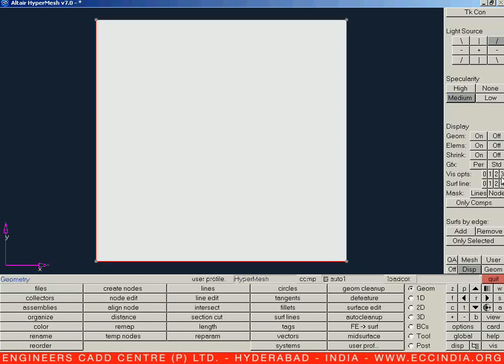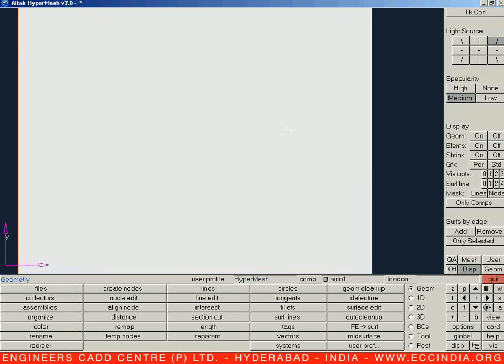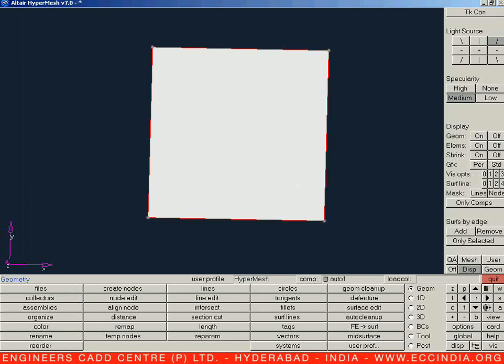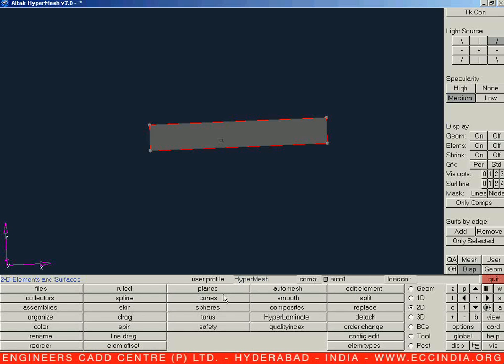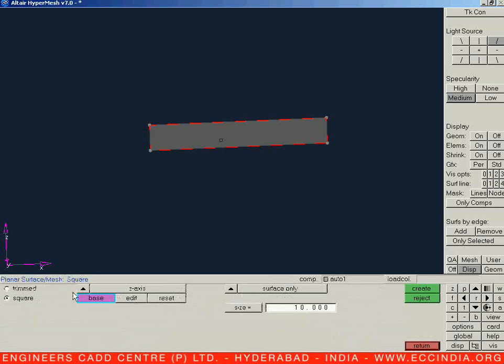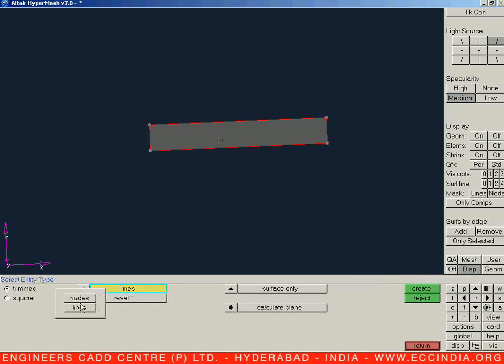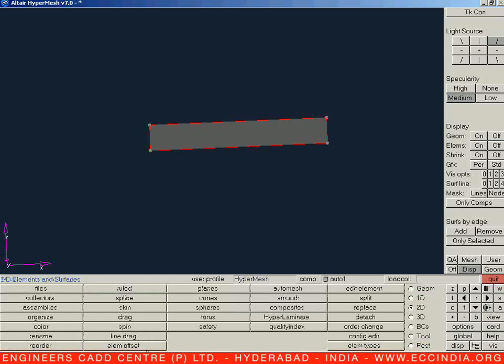Next to this is, let us say, visual option 3. This is particularly one area we are having with a 0 thickness. Now suppose I need to go for the next option over here in a 2D page. Let us click on 2D. We know we can create our trimmed and square. In the trim we can go for the creation of area with the help of nodes and with the help of lines. But if we already have one area and now we need to edit it, how do we edit that particular option?